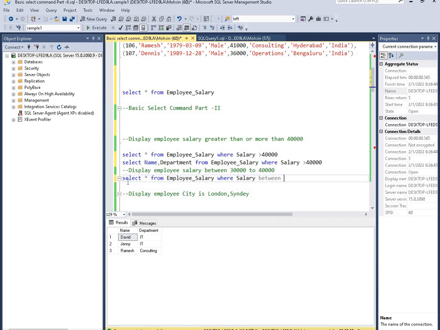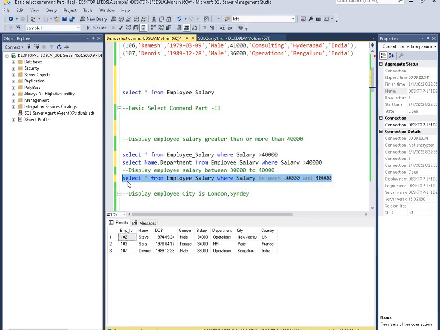Salary between 30,000 and 40,000. Select and press F5. Here you can see the salary between 30,000 and 40,000. The names are Steve, Sarah, and Dennis. They earn between 30 and 40,000.